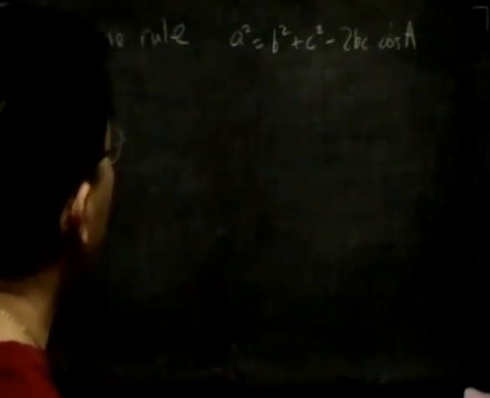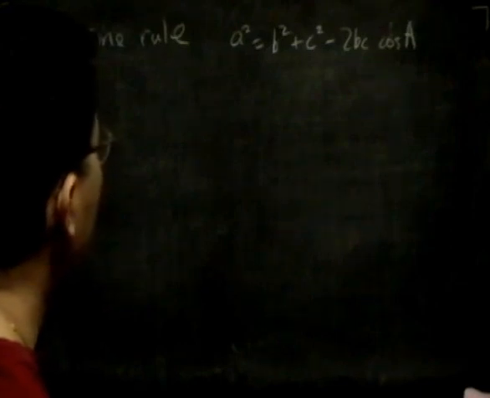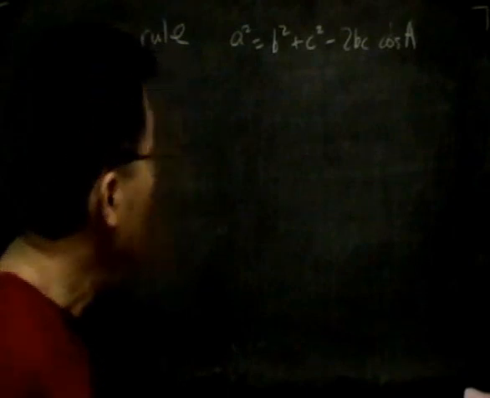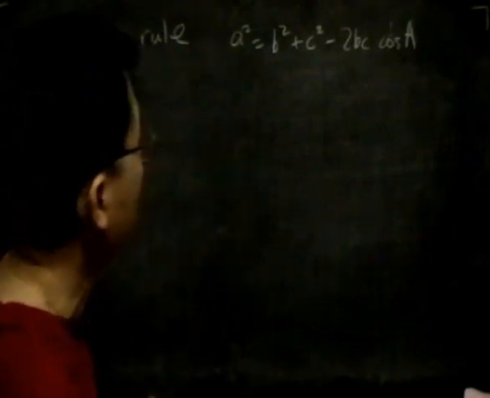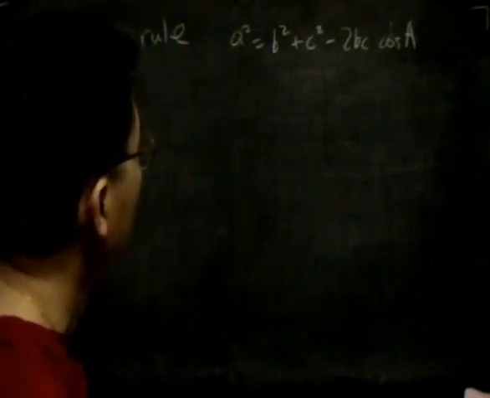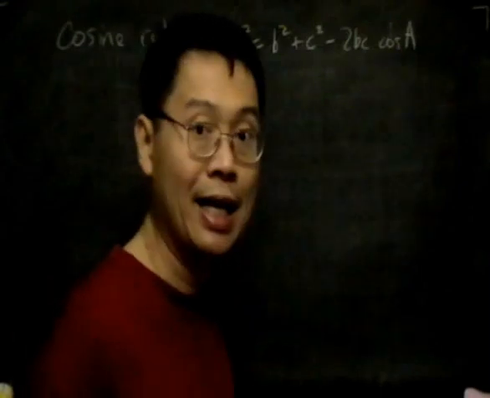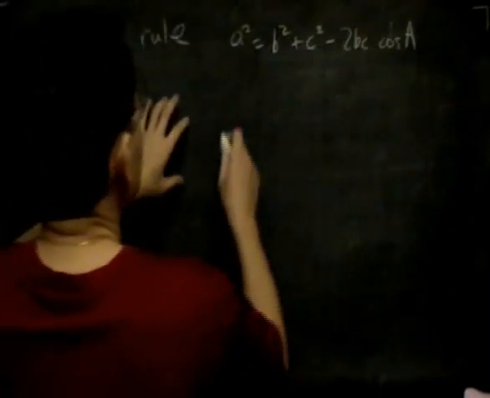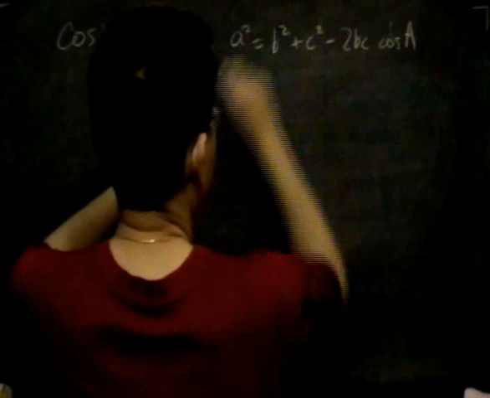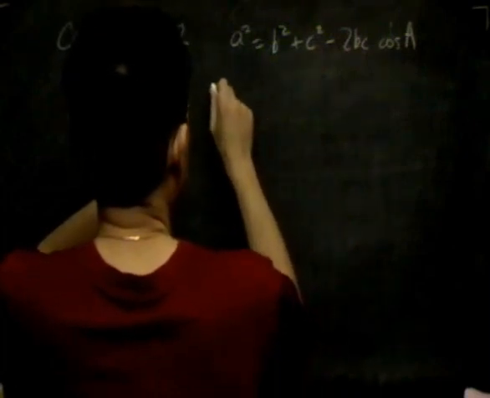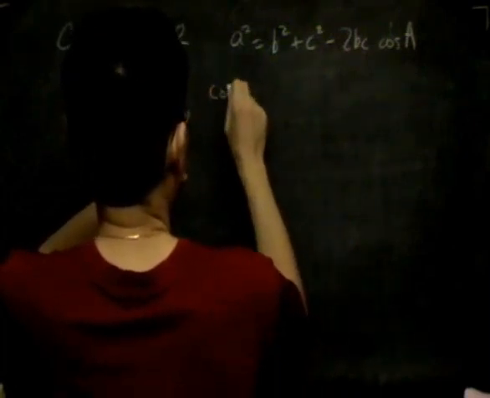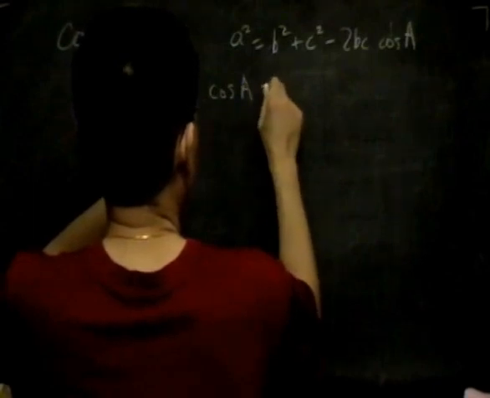Now to make it easier to do this next example, I'm going to rearrange this formula and make cosine A the subject. If you work on this algebra and do some rearranging, you will find that